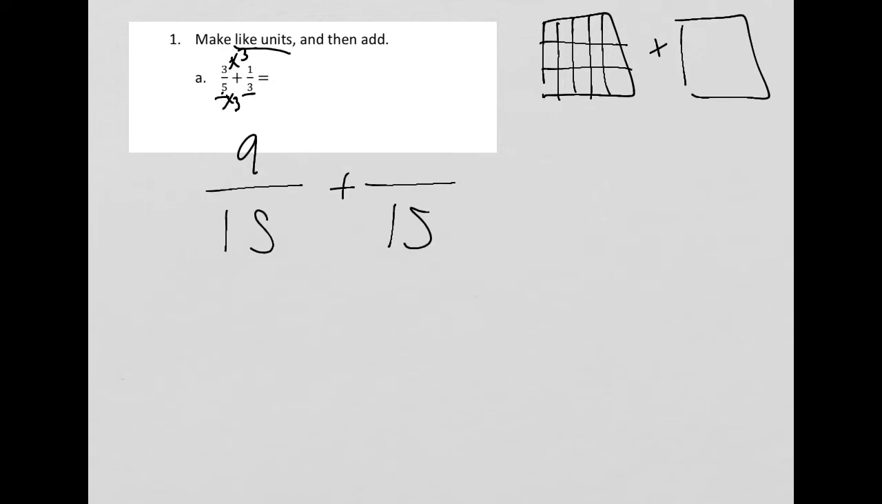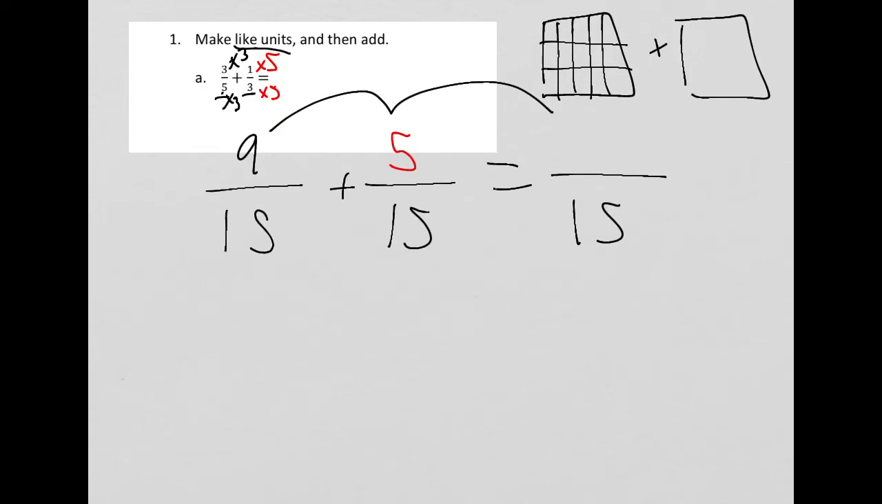Now when I look at my 1/3, I did 3 times 5 to equal 15, so that means I need to do 1 times 5 to equal 5. So my new equivalent fractions that now have like units are 9/15 and 5/15. And now because they have a common denominator, I can just add them together straight across. The denominator stays the same at 15, but my numerator becomes 9 plus 5. 9 plus 5 is 14. So my answer is